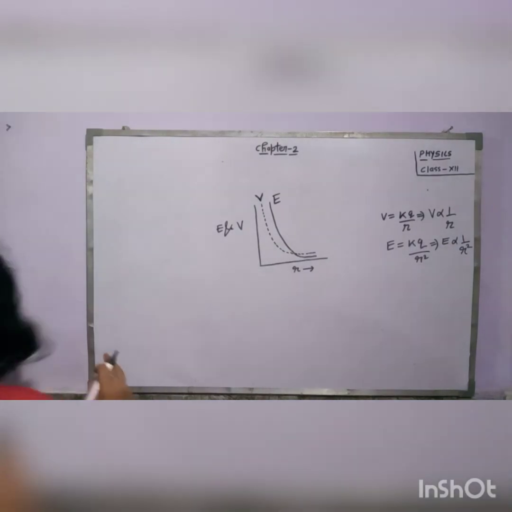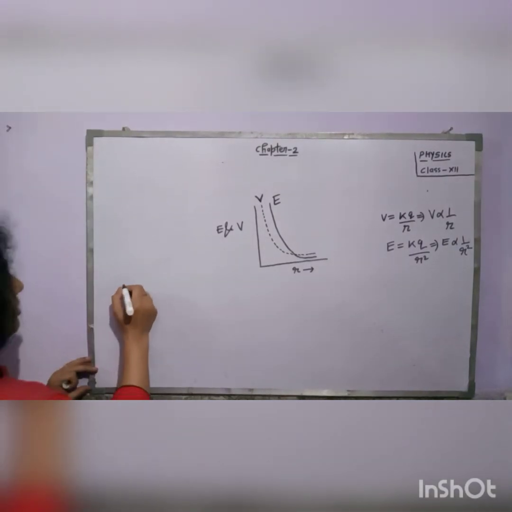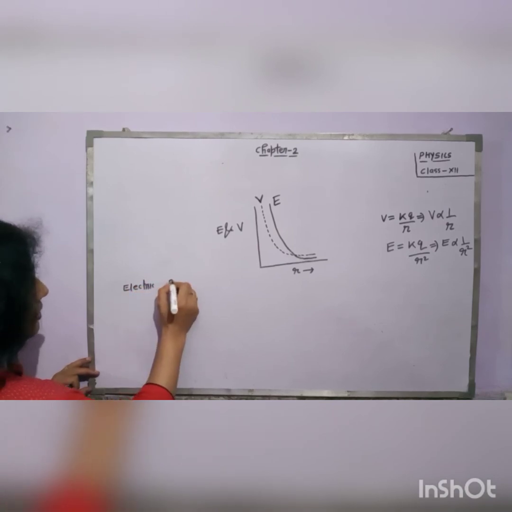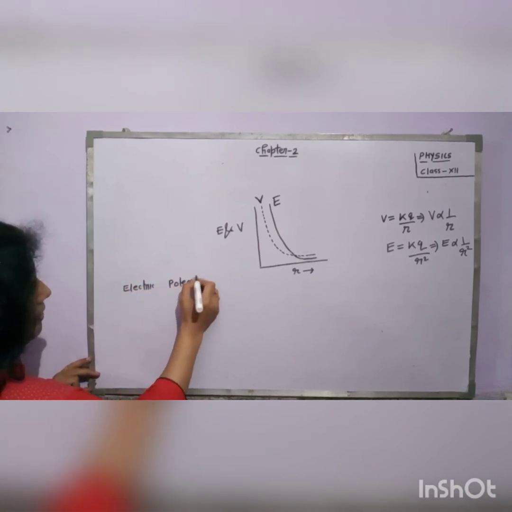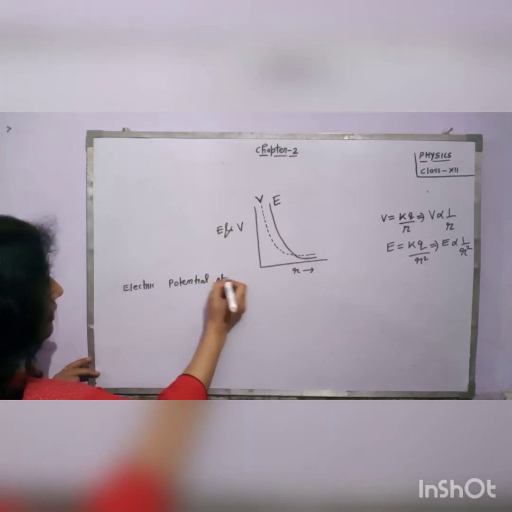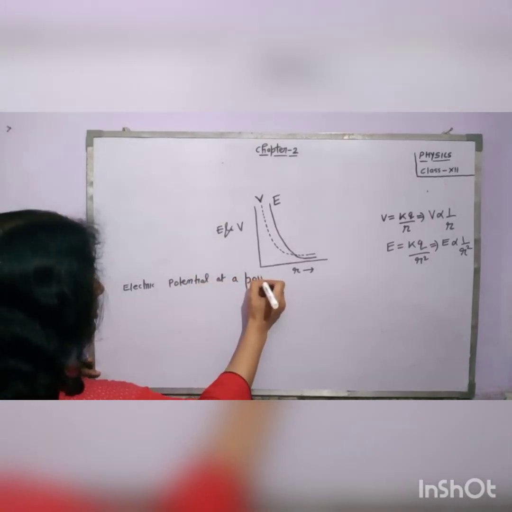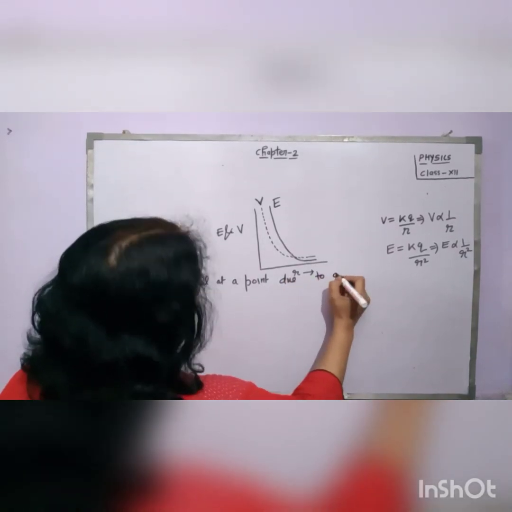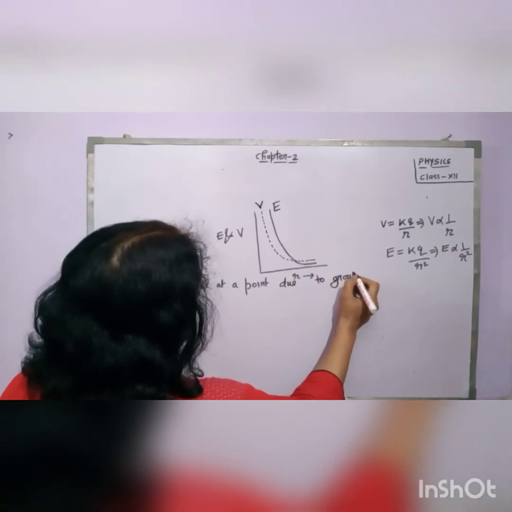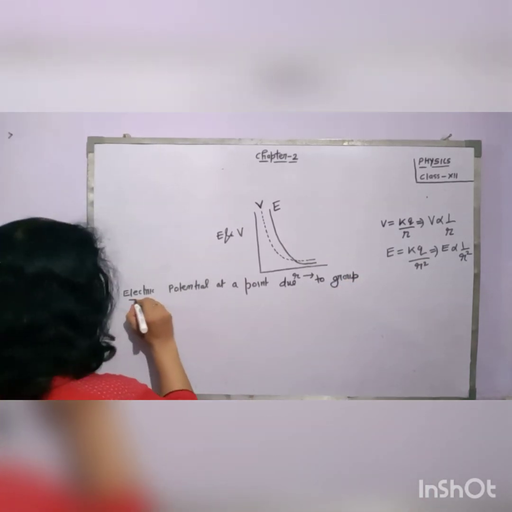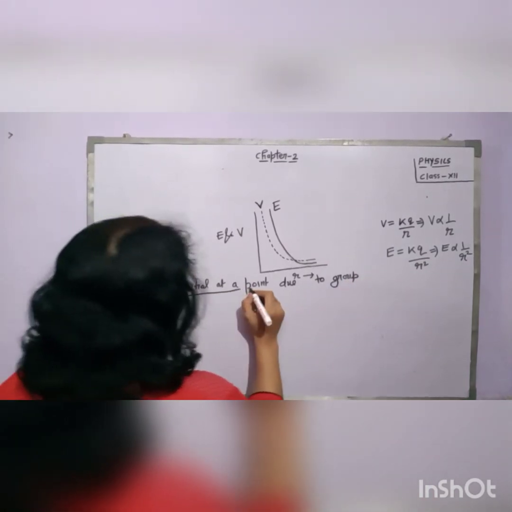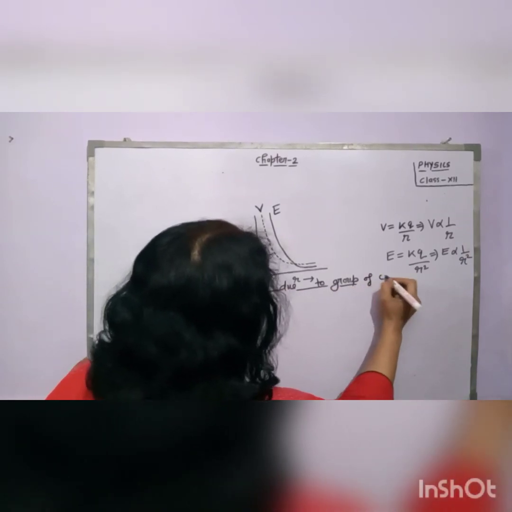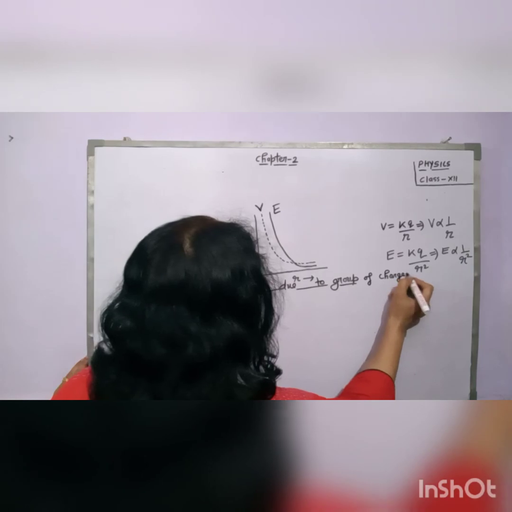Now the next topic is electric potential at a point due to a group of point charges. A large number of charges are present and we have to determine the value of the electric potential at that point due to the group of charges. How can you determine it here? You must